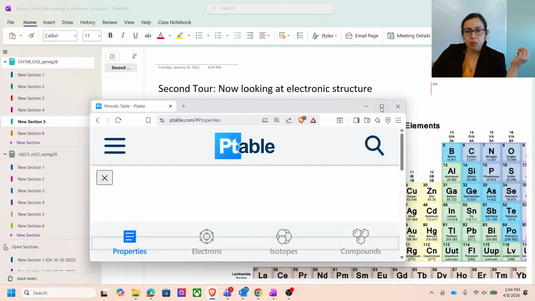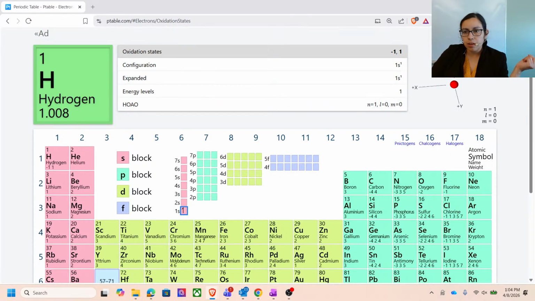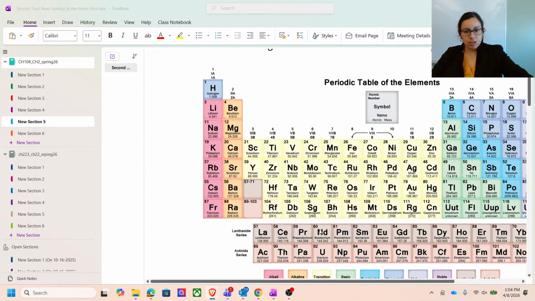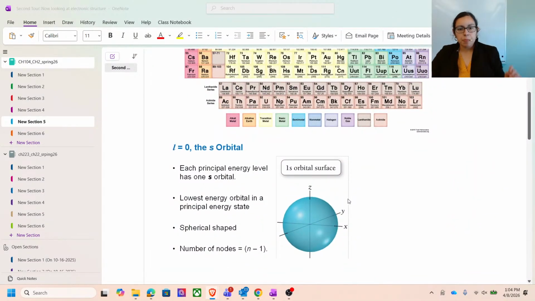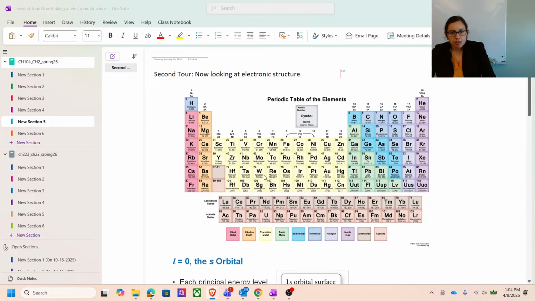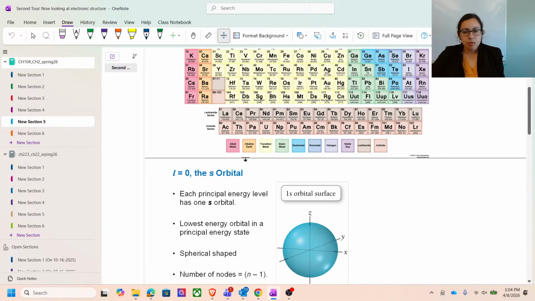The P table is really useful. And so we can look at our electrons, but let's back up for a second here. I don't know if you guys, maybe in school or something before,